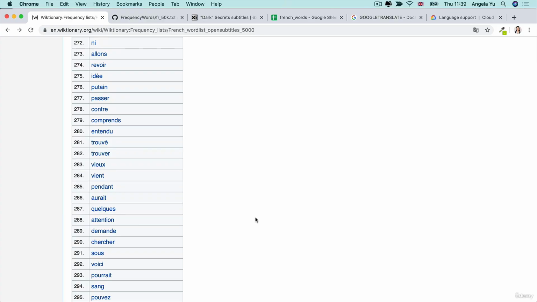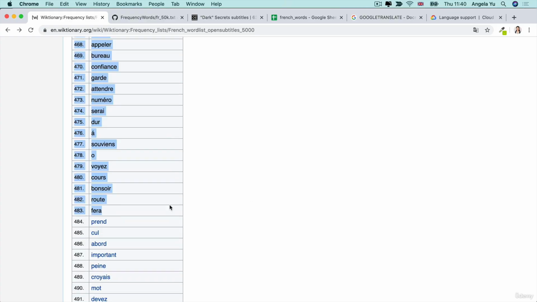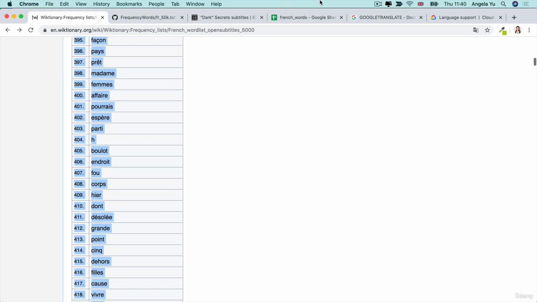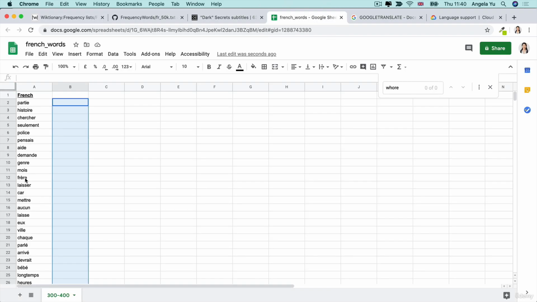So I've already studied some of the first 200 words. If I take 100 words from this frequency dictionary and put it into a Google Sheet, I end up with something like this. Now, what I want to be able to do is create a flashcard where the front is the word in French, and on the back is the answer in English for what that word means. Instead of having to flip through a dictionary, finding out the meaning of each of these words,